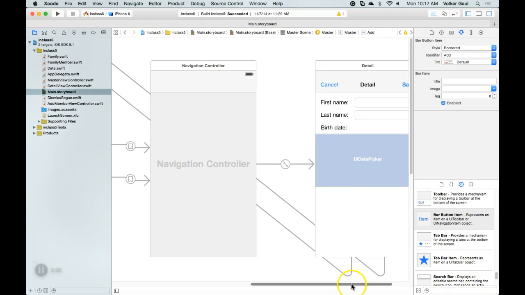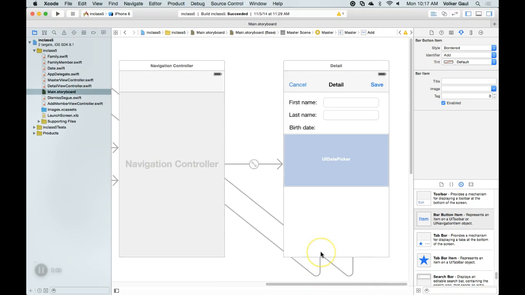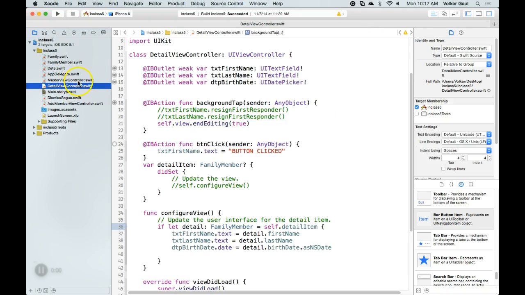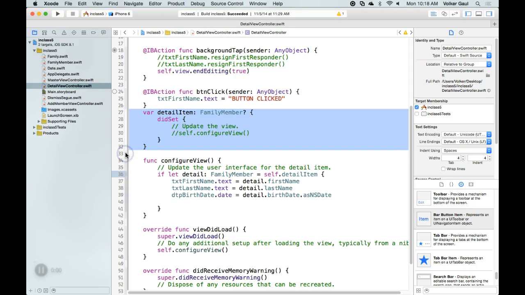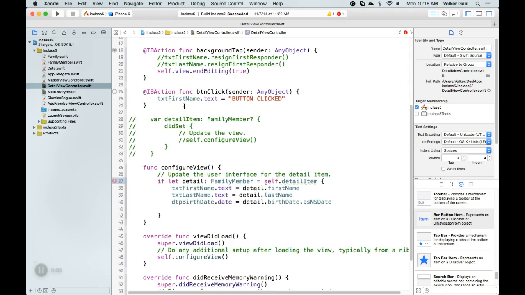At least it didn't for me, but that's why I'm hoping that maybe one of you will see something that I missed that we can send. I'm going to go into my detail view controller code and prepare it to receive not a family member, but an index. So I'm going to take this and comment it out, Command slash, and then I'm simply going to create a variable, member index,